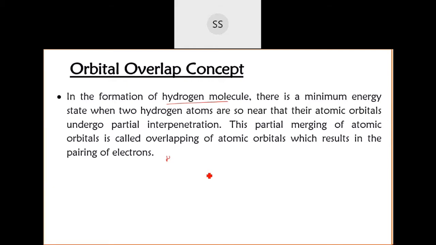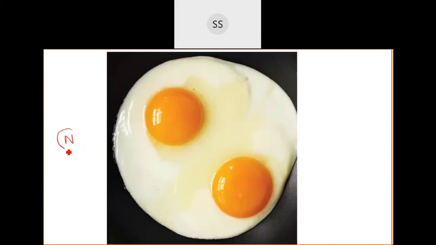There is a nucleus of one atom and then there is an orbital present. Like that we have another atom also, the nucleus is there and then we have the orbital. When they combine together, there is fusion of these orbitals taking place. And then the electron will be revolving in this molecular orbital, because they combine together to form a molecule. This is called a molecular orbital.